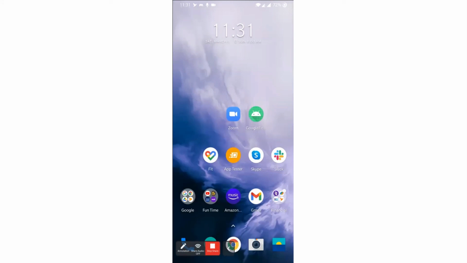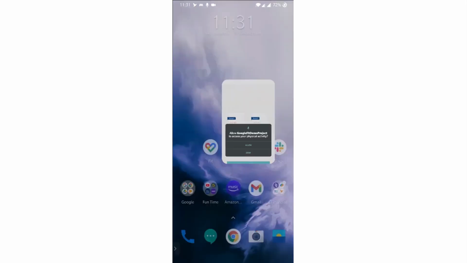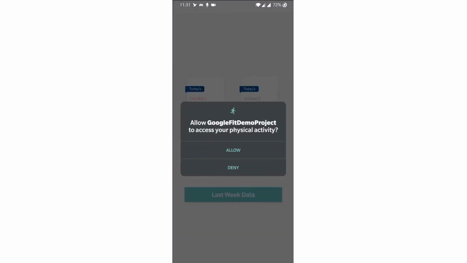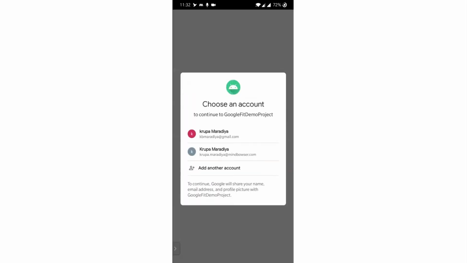Okay, so I already installed this simple project on my device. First it will ask for permission. As I mentioned, a few permissions are required, so I'm allowing them: location permission and activity permission. Then you have to choose the Google account which is associated with Google Fit.